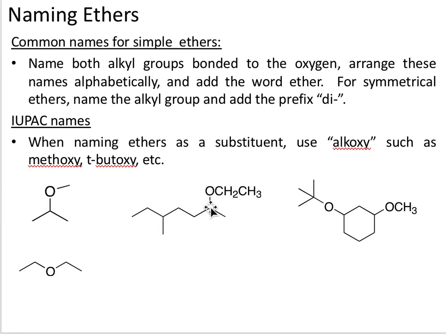Here you have a heptane chain, you have a methyl substituent on carbon 5, you have an ethoxy substituent on carbon number 2, so this is going to be 2-ethoxy-5-methylheptane. Here you have a tert-butoxy group and a methoxy group on carbon 3,